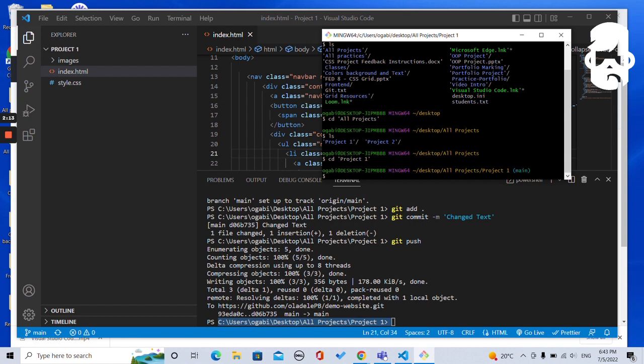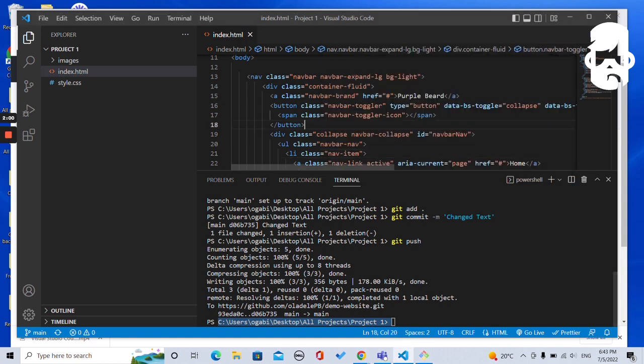So when you're doing a new project, you have to do git init, git add, git commit, git push, and then you have to add the remote repository. Just follow those commands. Then when you want to update existing code,